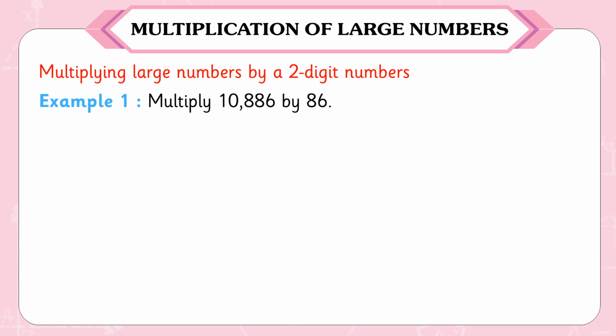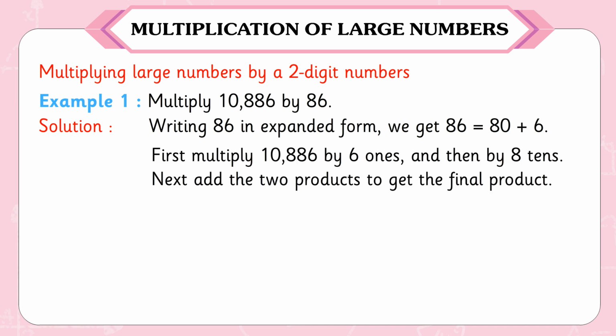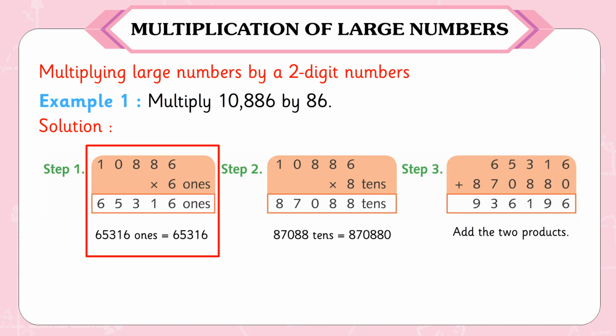10,886 by 86. Solution: writing 86 in extended form, we get 86 is equal to 80 plus 6. First, multiply 10,886 by 6 ones and then by 8 tens. Next, add the two products to get the final product. Step 1. 10,886 into 6 ones. 65,316 ones is equal to